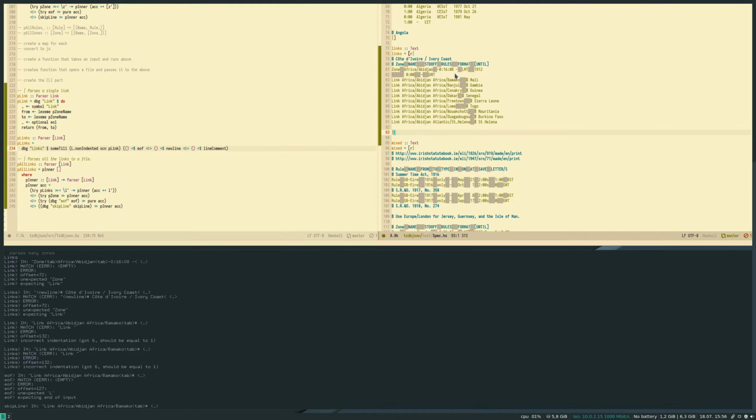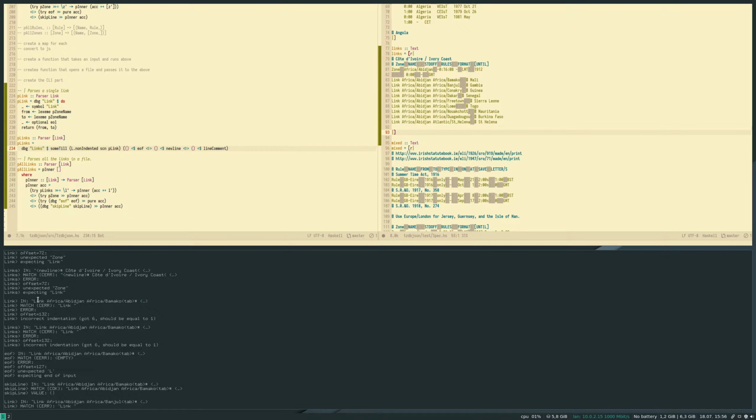And this one is not links. And then it moves here, thinking it's a link with an 132 offset, which is obviously wrong.